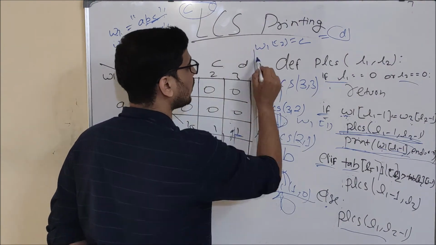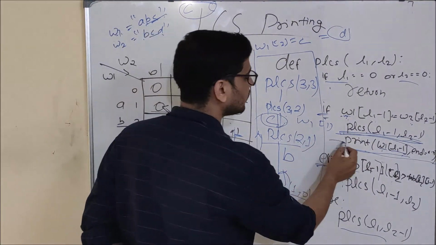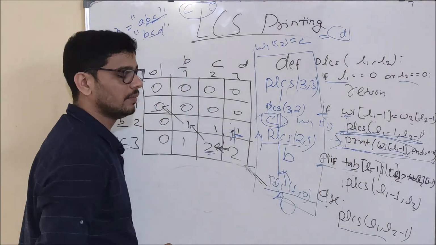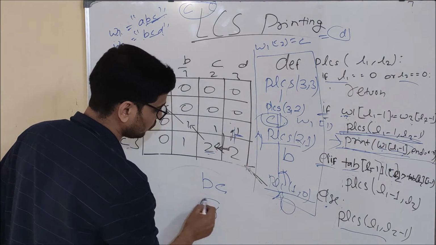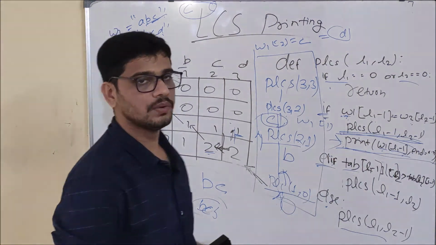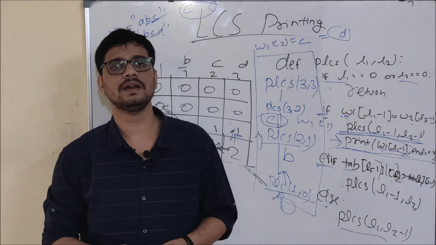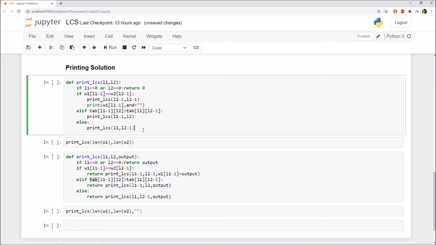So this is how our function is going to execute. You may be thinking why I have written it below the function call. Because I want to print in order BC. If you want to print in order CB, you can use it. So friends, this is all. This is how we are going to trace this program and how we are going to write the print LCS for longest common subsequence.